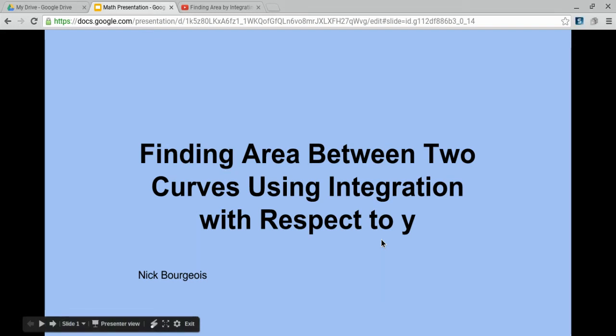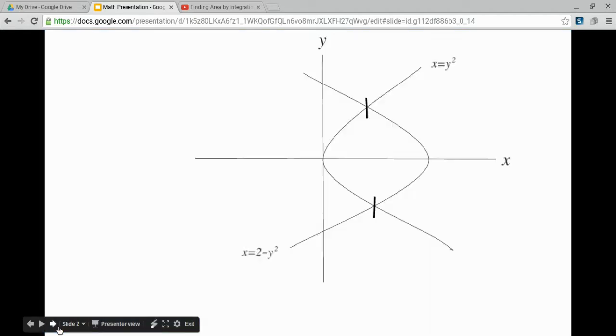This is finding the area between two curves using integration with respect to y. So you would have the two curves, in this case the leftmost curve x equals y squared, and then the rightmost curve x equals 2 minus y squared. And to find the area of this red portion in the middle of the two curves, you would subtract the